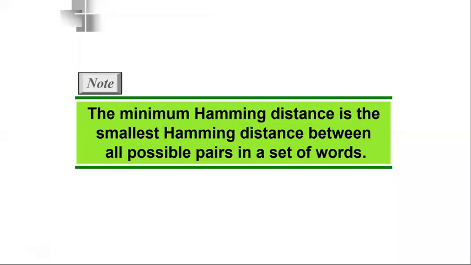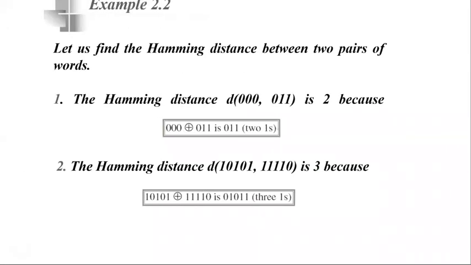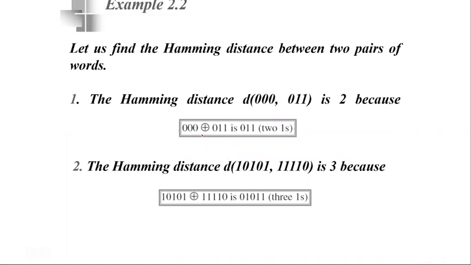Good afternoon. In today's class, we will be seeing the concept of minimum Hamming distance. In yesterday's class, we saw what Hamming distance was. Hamming distance is basically the distance between two words, that is, the number of differences between the corresponding bits. We even saw an example: to find the Hamming distance, we XOR both the numbers and then count the number of ones in it. Whatever the number of ones is will be the Hamming distance. Here the result of the XOR is 0, 1, 1, and in this we have two ones. So the Hamming distance is 2.